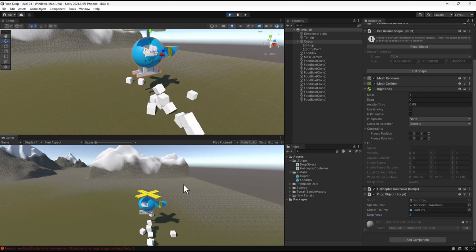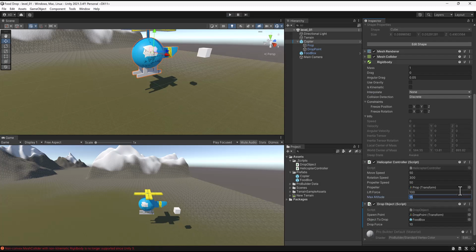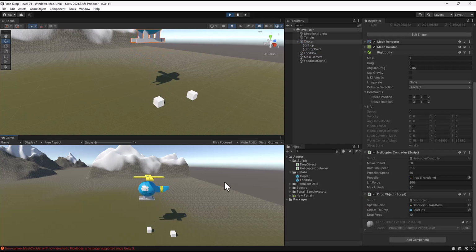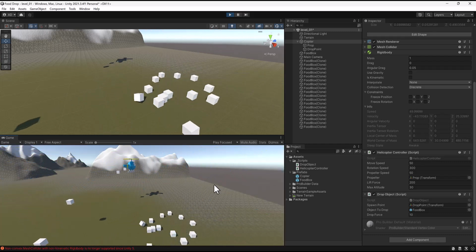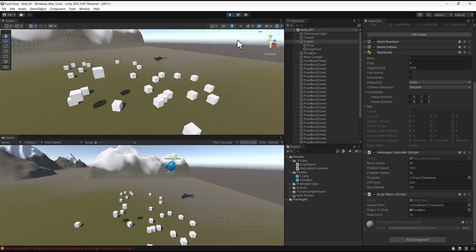So let's take off, have our helicopter go a little higher than that. It's a kind of a sad helicopter. So let's say our maximum altitude is 30, and we want the lift force to be 200, so it goes a little bit quicker. Let's hit play and hit spacebar here. It goes up a little bit higher. Now we can move around and drop these crates all over the place. So the last thing we can do actually is